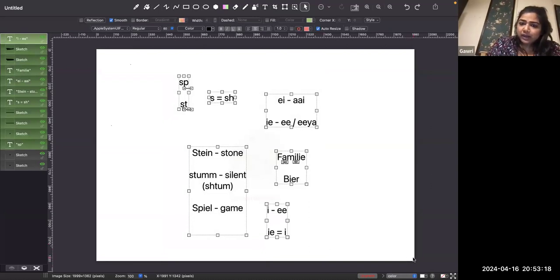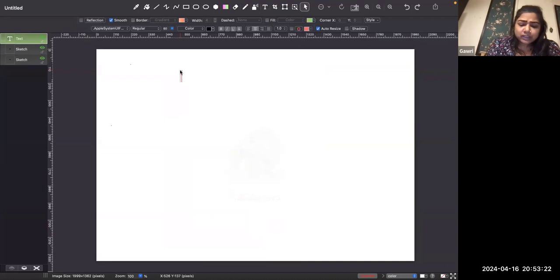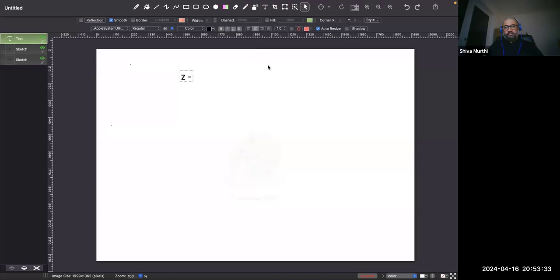Okay, so we are rounding it off. Now, just a couple of things more, and then we will be done with the rules of pronunciation. Now we are going to discuss the alphabet Z in German. This Z is pronounced as